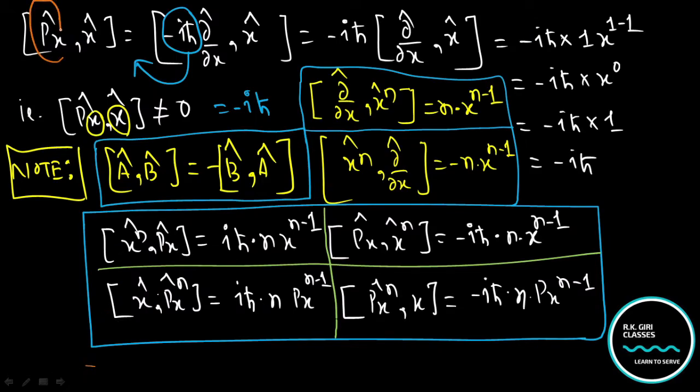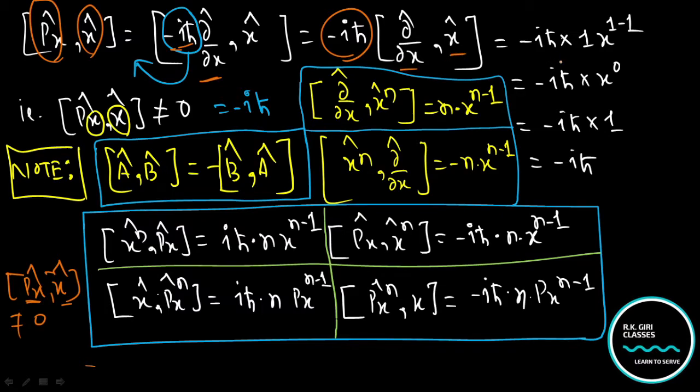Suppose you have to find out the commutator of px and x. Already you know that they have the same coordinate. That means the value will not be 0, so they will not commute. So that is minus i h cut del by del x. Put minus i h cut outside because this is a constant quantity. That is del by del x of x. And using the shortcut, that is minus i h cut into 1 into x to the power 1 minus 1, because h cut was initially outside.